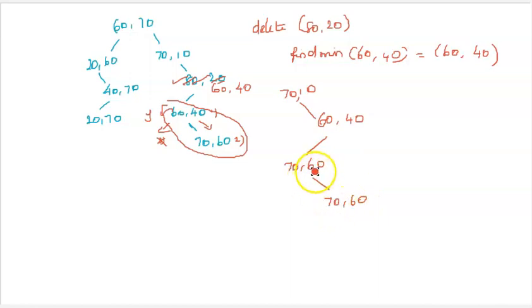Again you try to delete the 70-60 from this place. So since it is a leaf, it will be actually deleted. Okay, so please remember you have to first copy the data and from the tree's left or right you have to delete the copied data. Okay. And one thing that you have to remember now is when I replace this 80-20, actually this place 80-20 was there and there is no right child. Hope you remember when we tried to delete 80-20 there is no right child. So we went on to the left child and took the minimum.